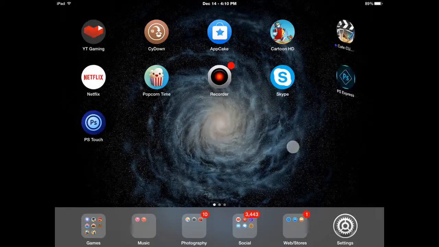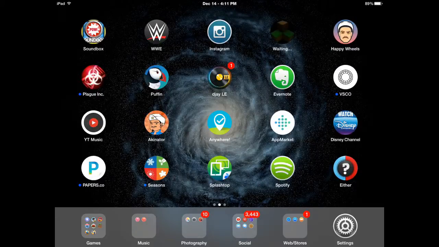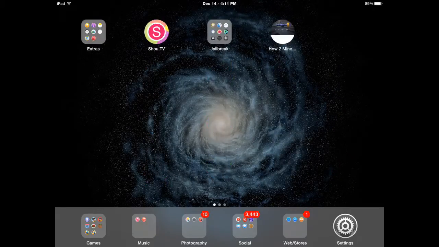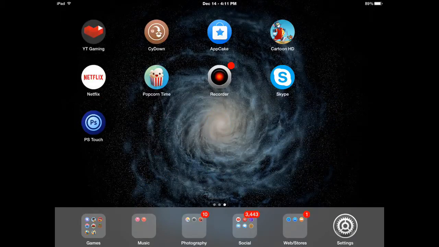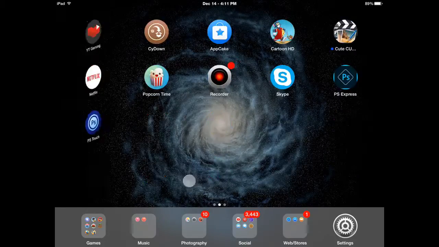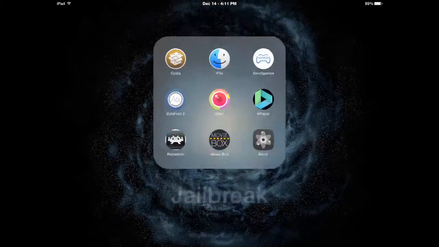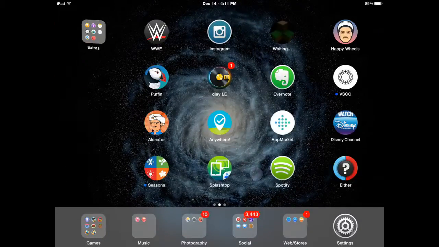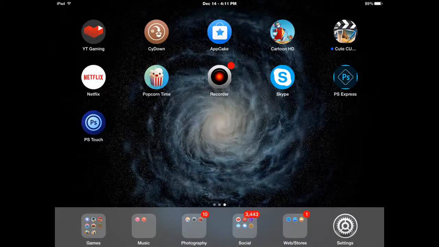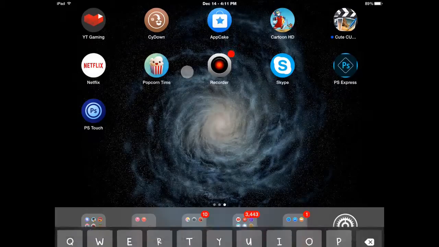So we are here today with basically a tutorial on how to get the best movie apps to watch free movies, obviously for free. The apps are things such as Cartoon HD, Popcorn Time, Playbox, and also MovieBox. MovieBox and Playbox are the most common, but even if you can't find the movies that you want on those two, there's also Netflix, but that's obvious. If you can't find movies on those two, Cartoon HD and Popcorn Time are really good alternatives